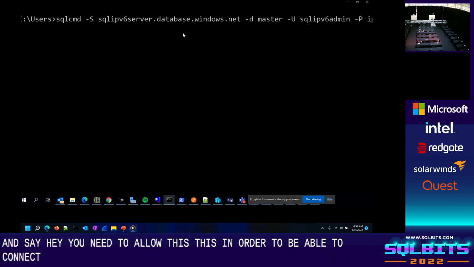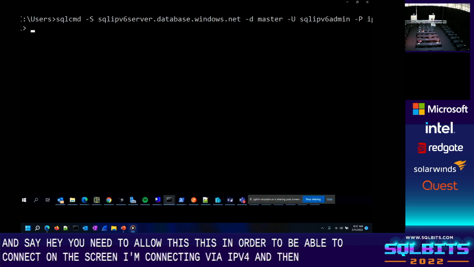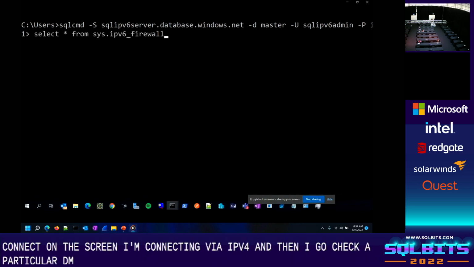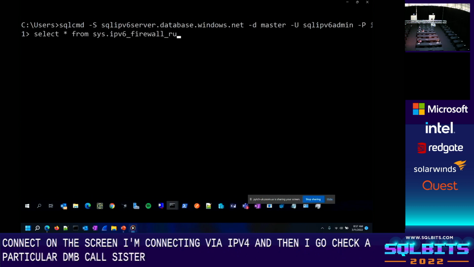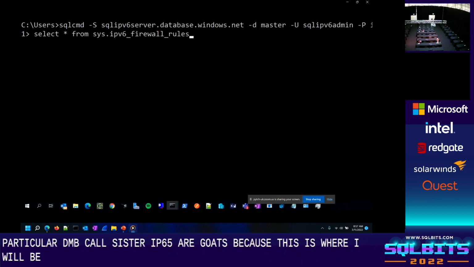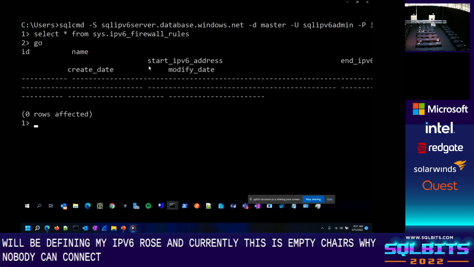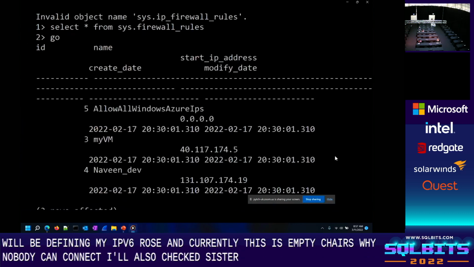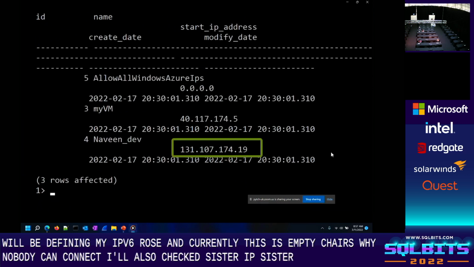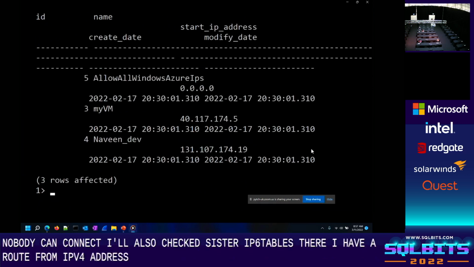On this screen, I'm connecting via IPv4, and then I check a particular DMV called sys.ipv6_firewall_rules, because this is where I will be defining my IPv6 rules. Currently this is empty, which is why nobody can connect. I'll also check sys.firewall_rules, where I have a rule for my IPv4 address, which is how I'm able to connect now.